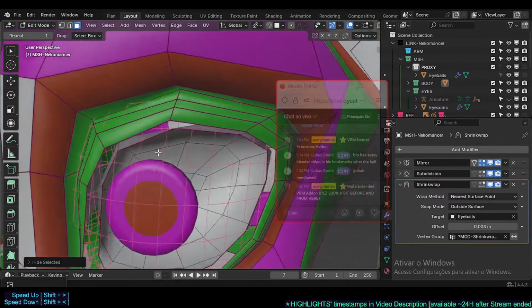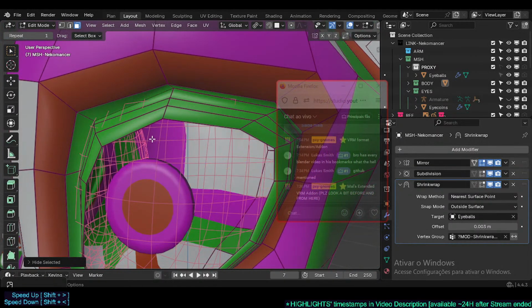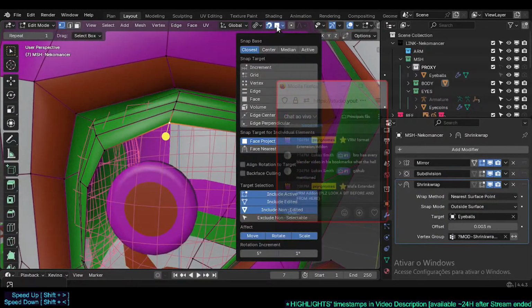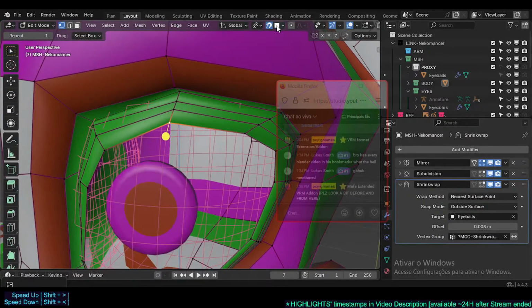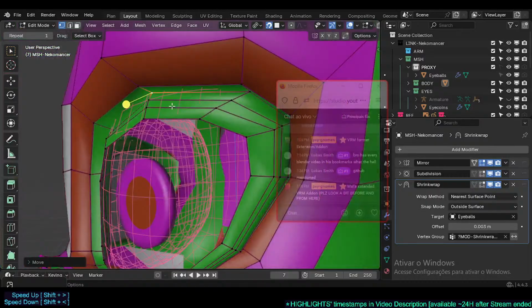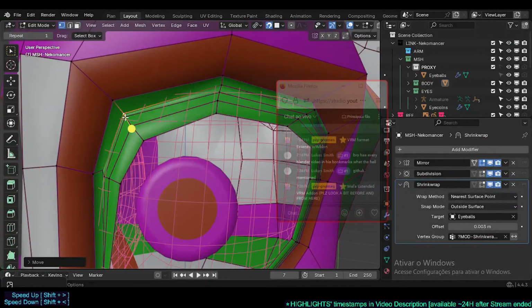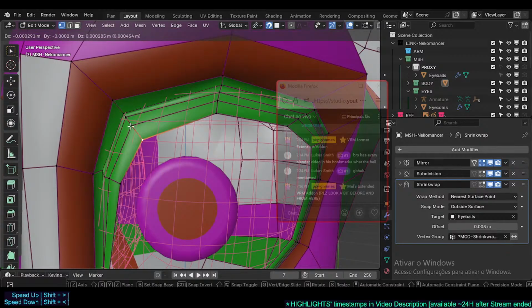Yeah, hide this. We can hide all this too. So I just want to snap this correctly, but it's not snapping the way I want. Okay, it should be snapping to the